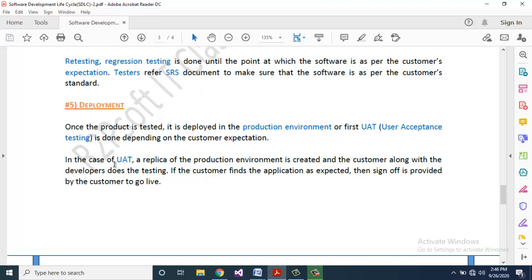In the case of UAT, a replica of the production environment is created and the customer along with the developers does the testing. If the customer finds the application as expected, then sign off is provided by the customer to go live.